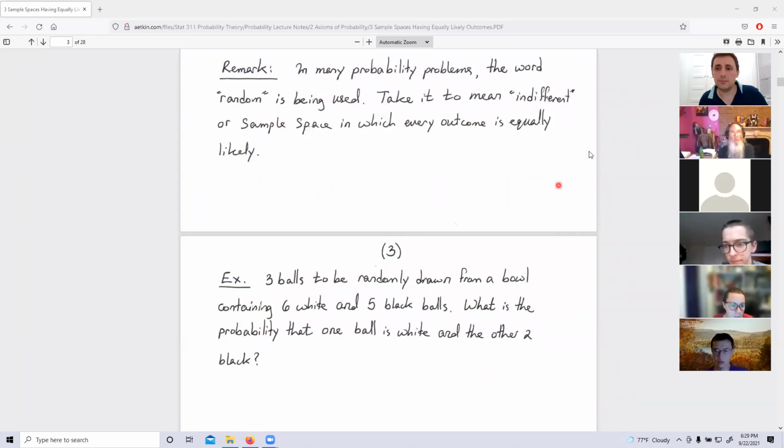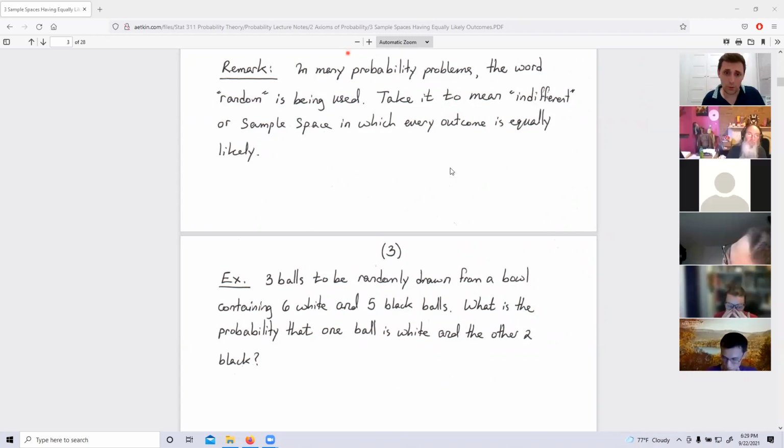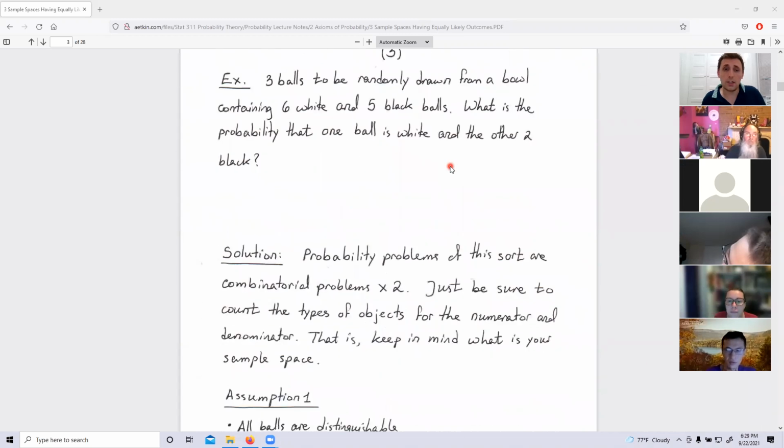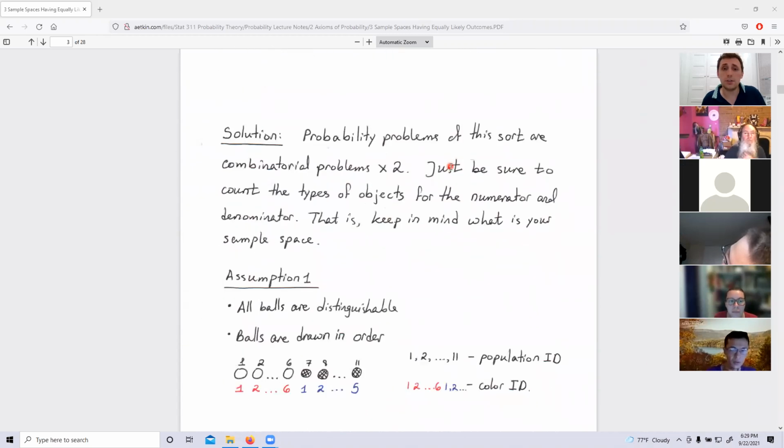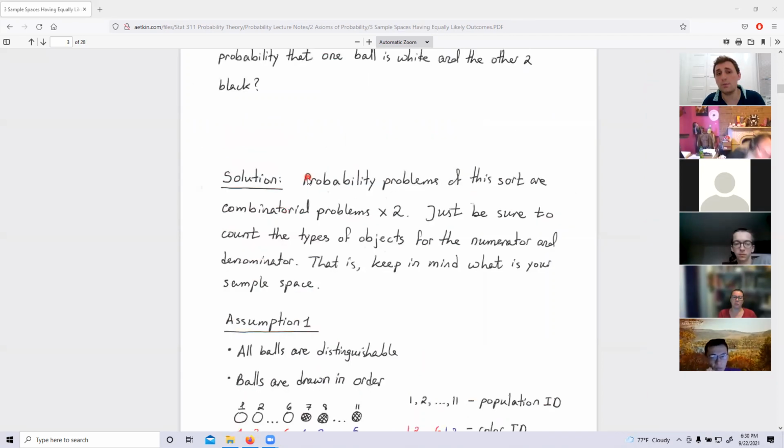All right, guys. Sorry again for the short time slot I gave you, but we have tons of things to cover and the classes are just way too short. So here is what I will tell you. First of all, solving those questions is like doing combinatorial problems from chapter 1 twice, once for the numerator and once for the denominator. And actually, when you do them twice, it gives you a lot more flexibility, and I will explain later on why. So first, let's consider this problem under different assumptions.